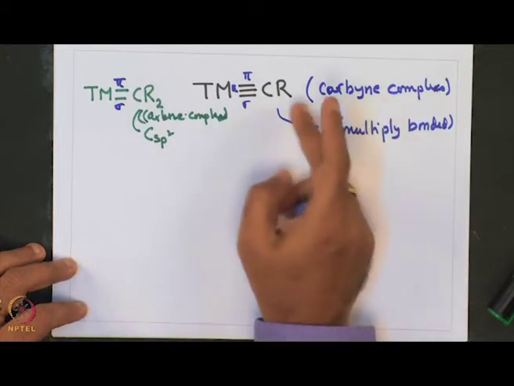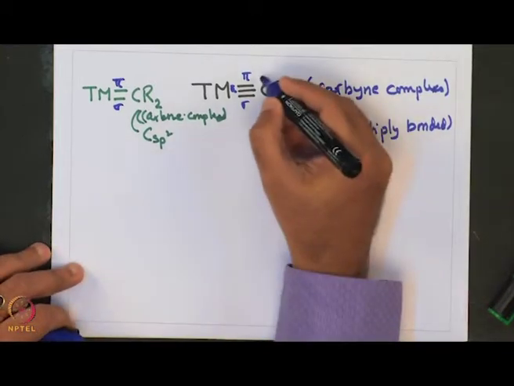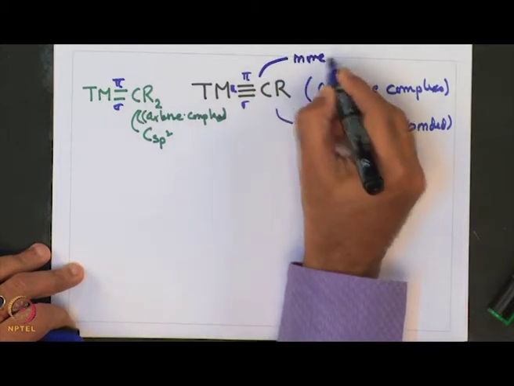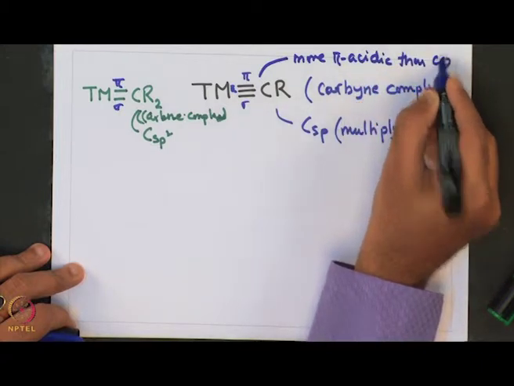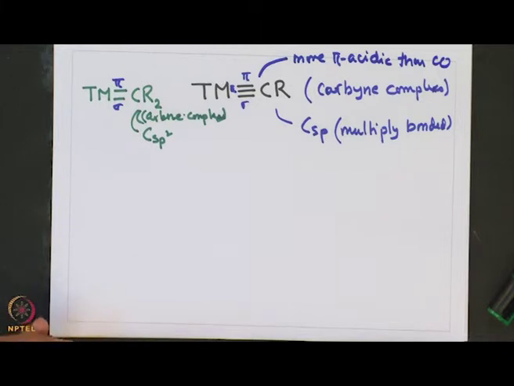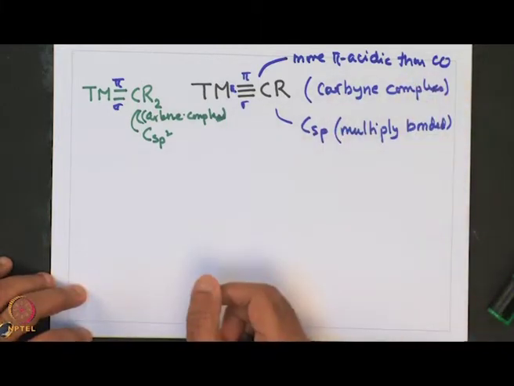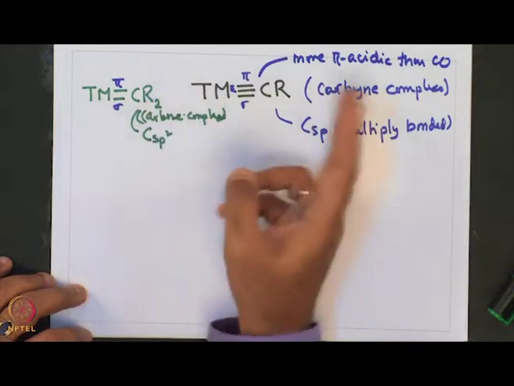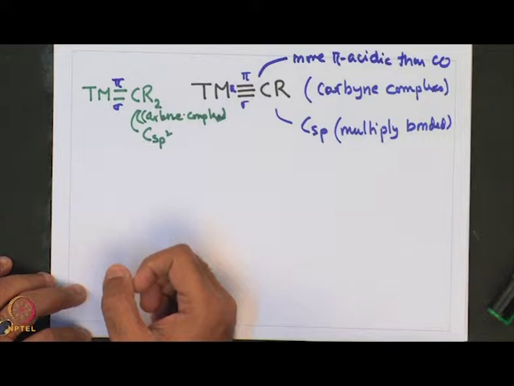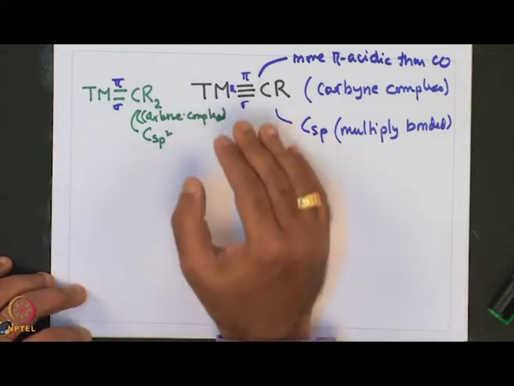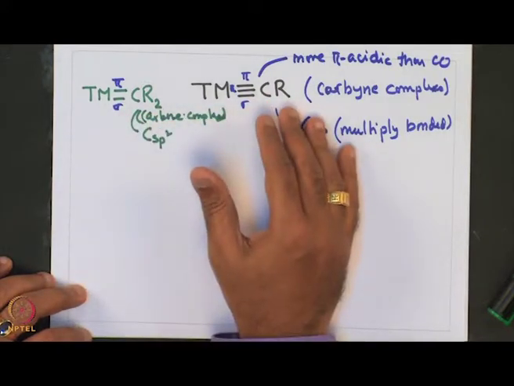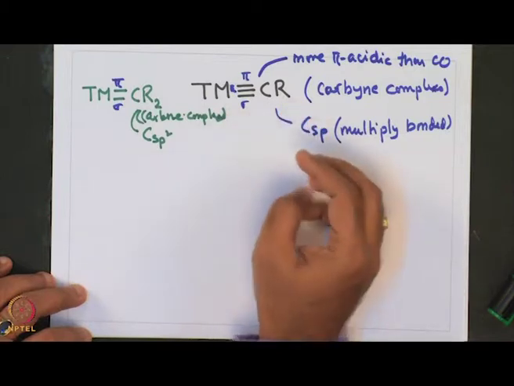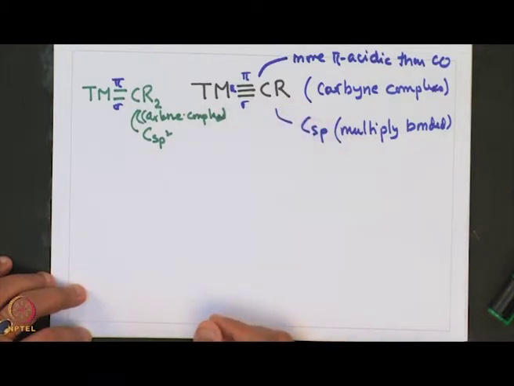For example, transition metal carbyne complexes are more pi acidic than the usually very pi acidic ligand called CO. So, these are more pi acidic than carbene complexes, whereas carbene complexes are not as pi acidic as carbon monoxide. So, we see that even though these are related to carbene complexes, their properties are very different. Now, in regard to this, we have looked into various preparative methods that are prevalent for transition